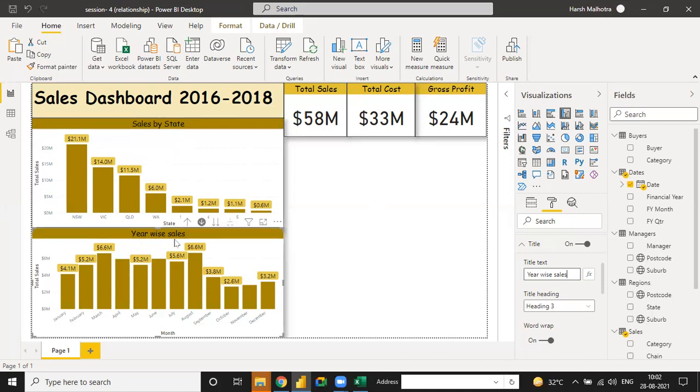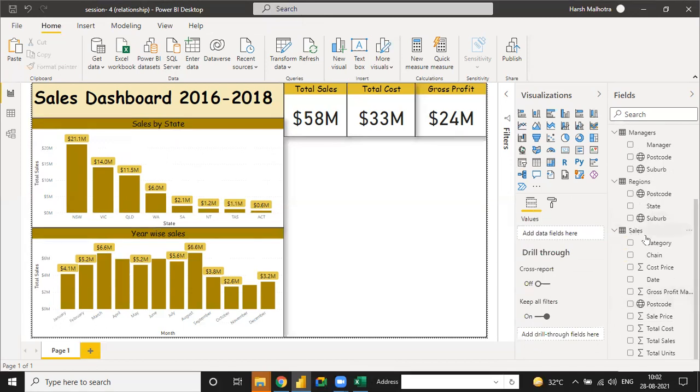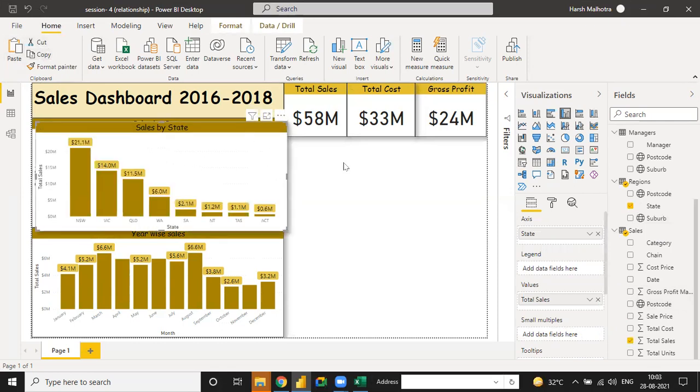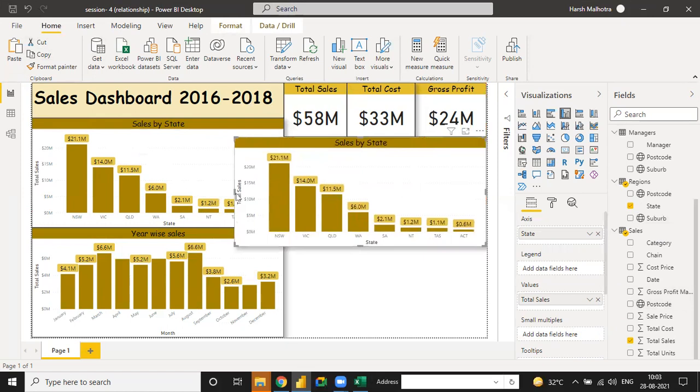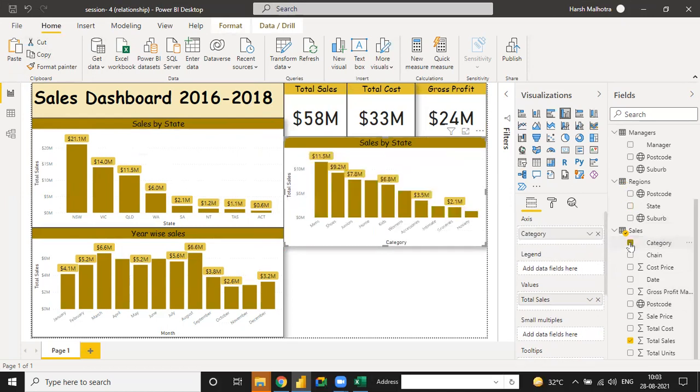So now it's a sales by state, year wise sales, okay, oh sorry, month wise sales, and it's a total month for Jan as well as sales, okay. And now we are using one more thing like category wise sales, okay. So you are using simple things, copy and paste. So now we are using category wise sales, then state is over, and category wise sales, see men's shoes,